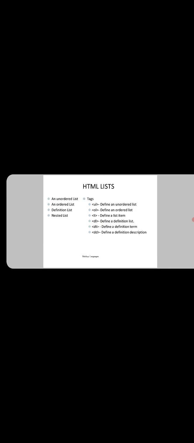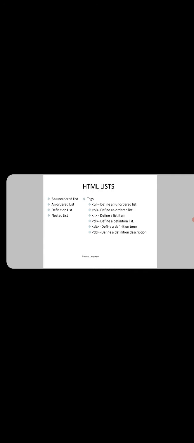So next we discuss HTML lists. Lists are another important set of questions from unit 1. They are also called HTML lists. So what are lists, or explain the different types of lists. Here we may explain what lists are, how to create lists, the different types of lists, and other things. So what is a list?